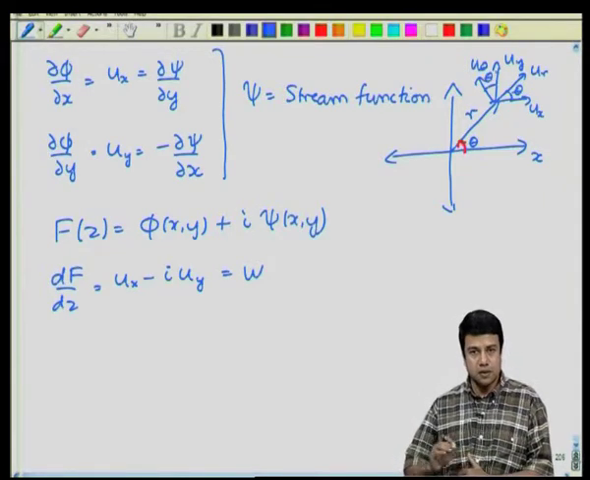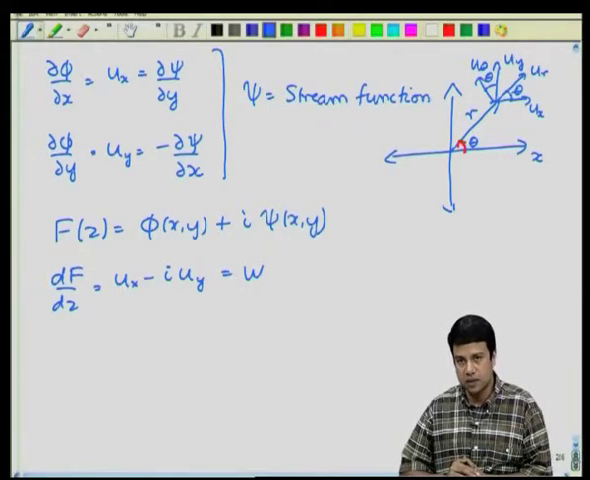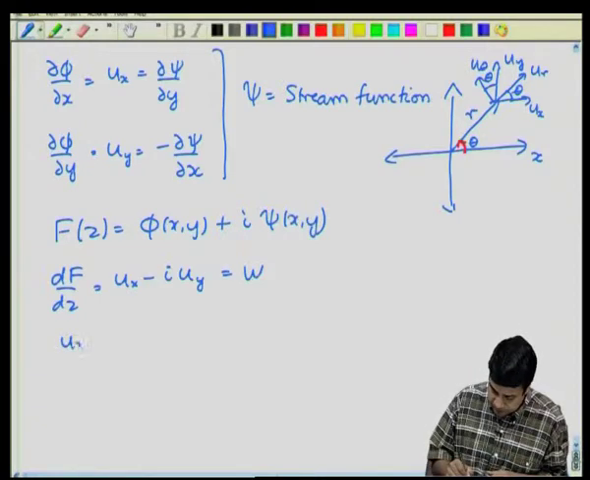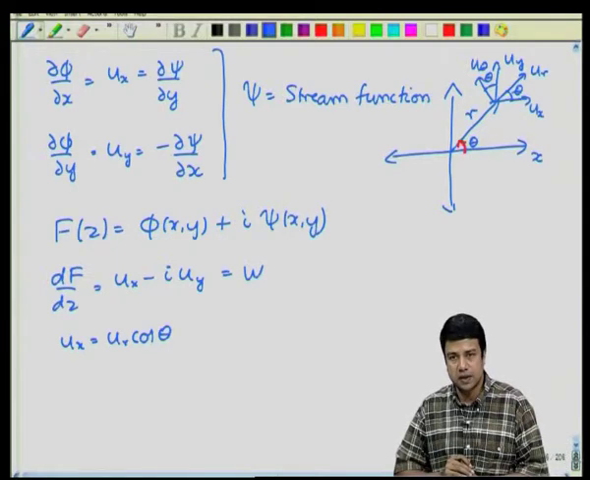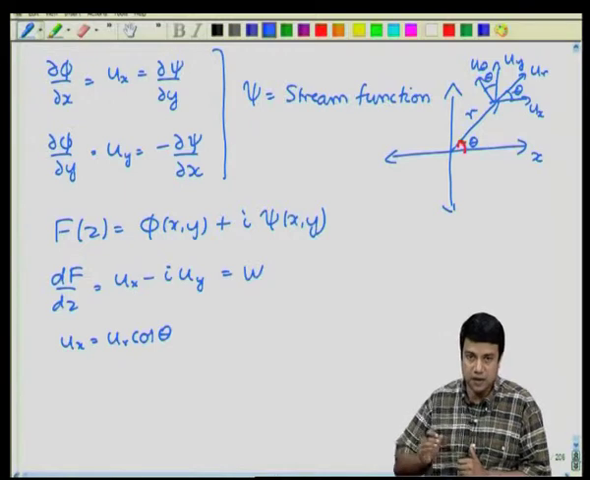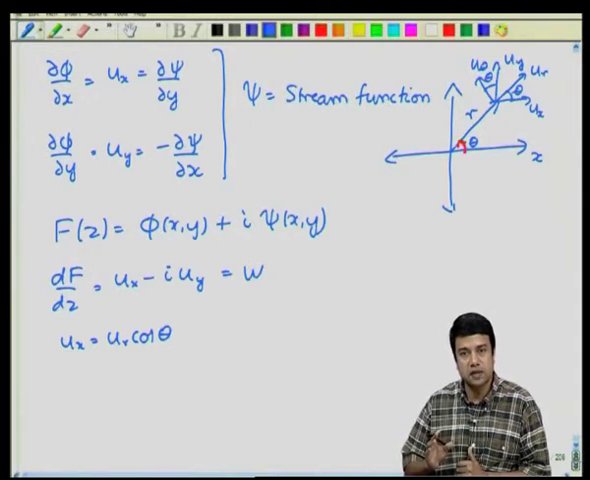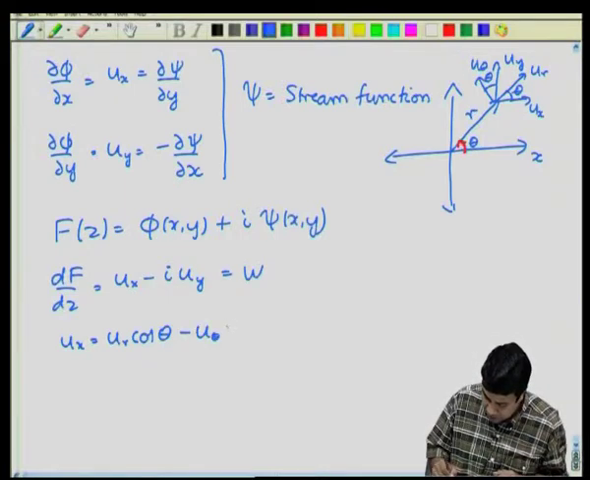Now, this complex velocity u x and u y I can write in terms of u r and u theta. It is quite easy to see that u x is equal to u r cos theta, because the angle between u x and u r is theta. U theta is directed in the direction of minus u x. U theta is in the anti-clockwise direction. Therefore, it is in the direction of minus u x. So, this becomes minus u theta sin theta,